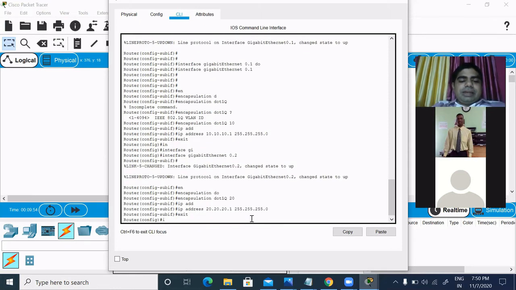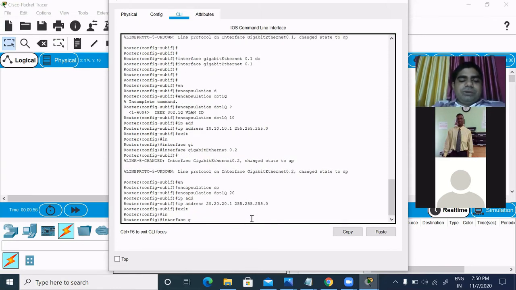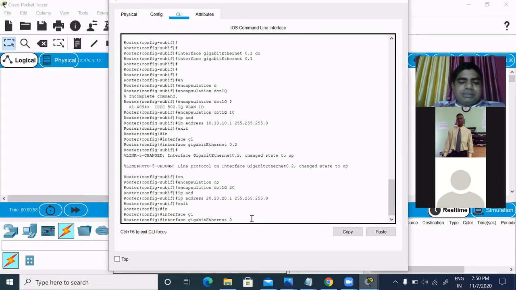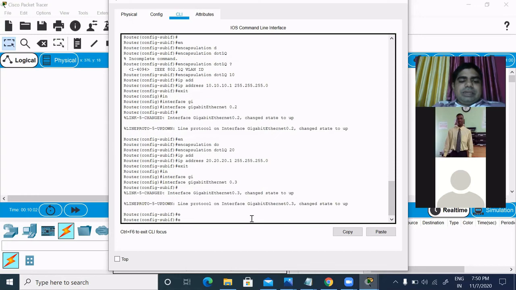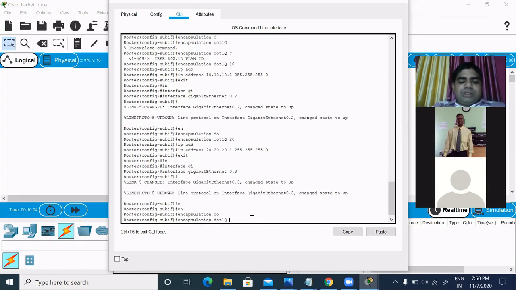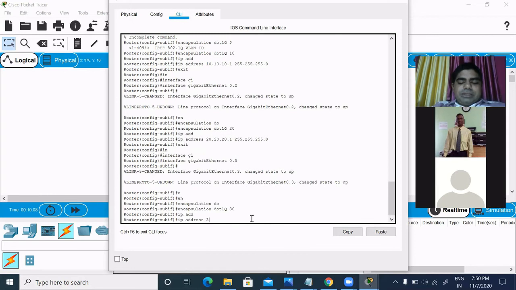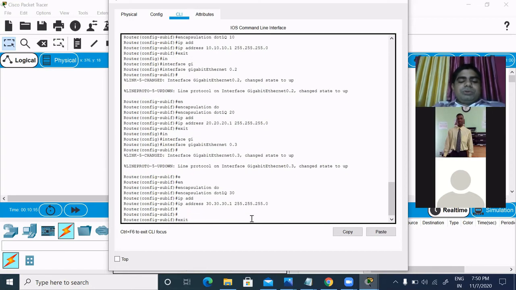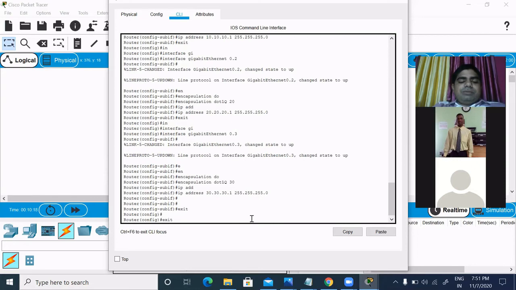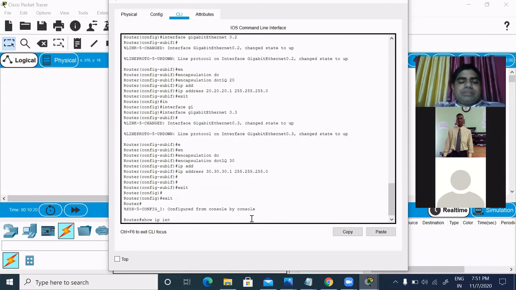On the last, we need to create for the third PC: subinterface dot 30, encapsulation dot1q 30, then IP address 30.30.30.1, 255.255.255.0. So on the router we have done the configuration.